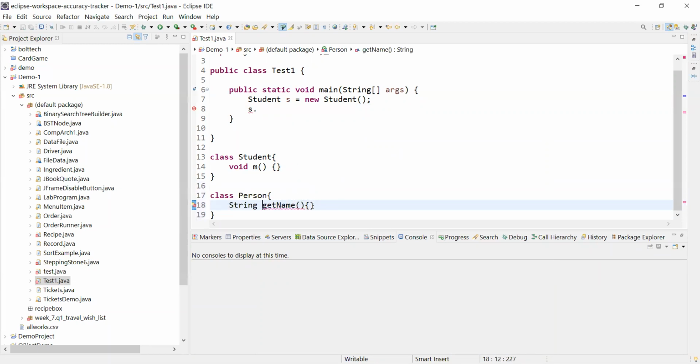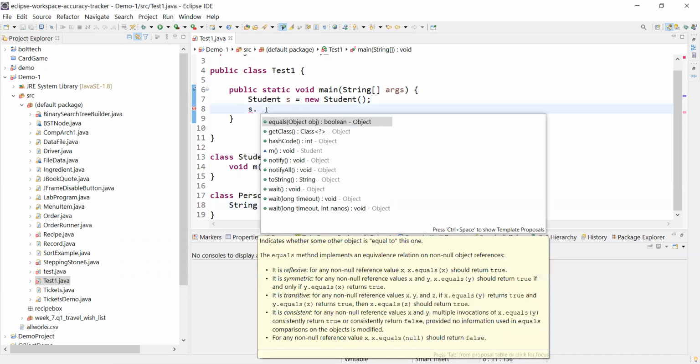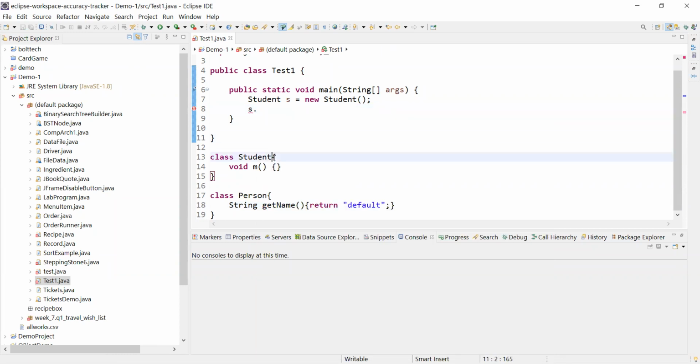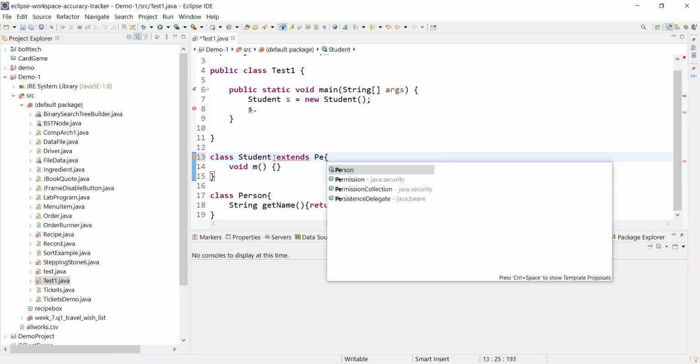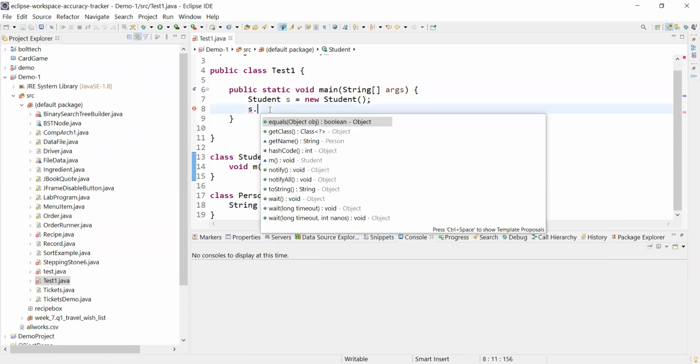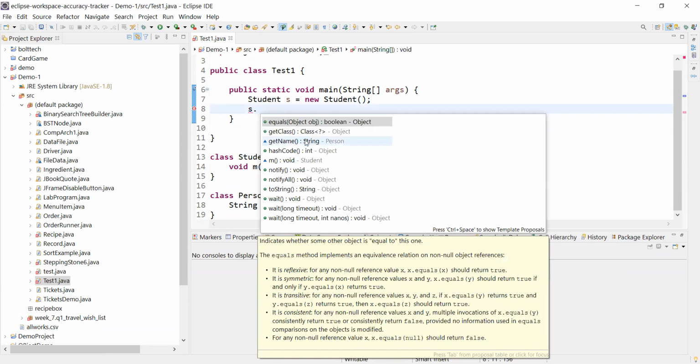All right, then we have to write a string name here, return default, for example. And if I say like this s dot, so you can see only the extra method we are getting is m, but when I say extends person and I go back, so you can see we are getting get name method as well. Can you see it?